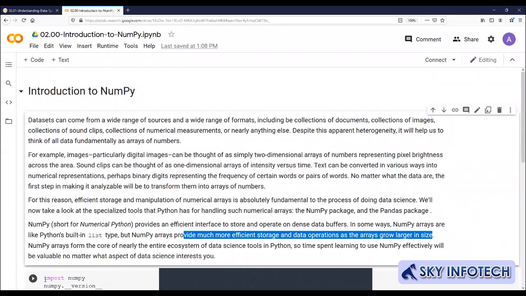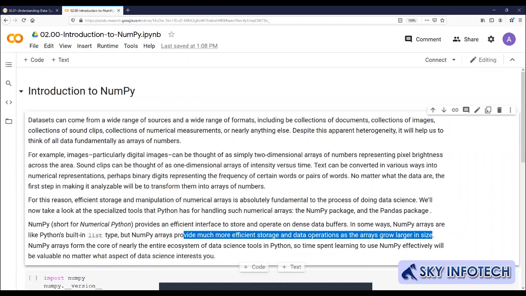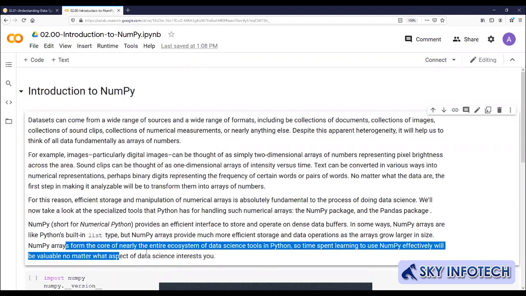List के लिए we are thinking that हमारे पास data इतना efficient नहीं होगा, इतना ज़्यादा नहीं होगा. But for NumPy to work, we are expecting our ecosystem, which forms the core of nearly the entire ecosystem of data science tools.